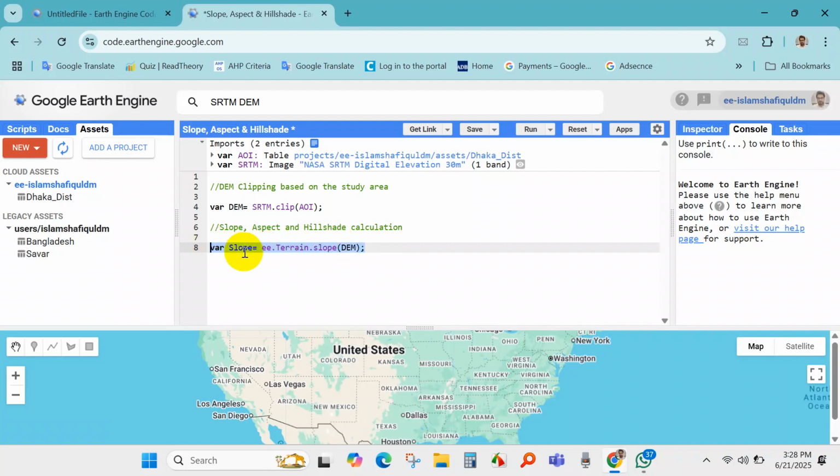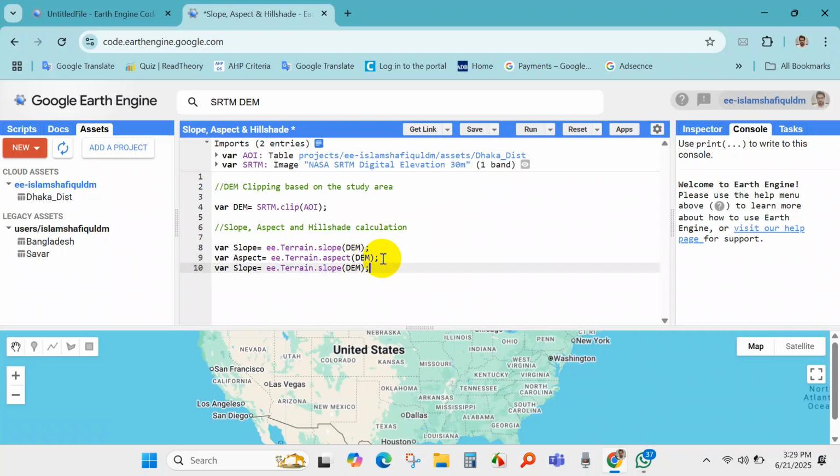Just copy this and paste and just change the name here. Variable aspect, and then here it will be aspect. Same for hillshade. Variable hillshade. I'm writing hillshade and then also here hillshade. Slope, aspect, and hillshade calculation has been done, and